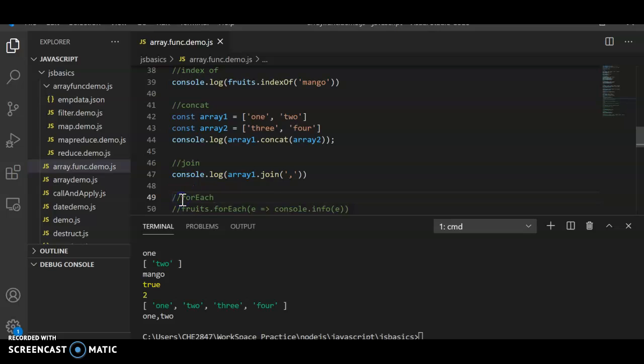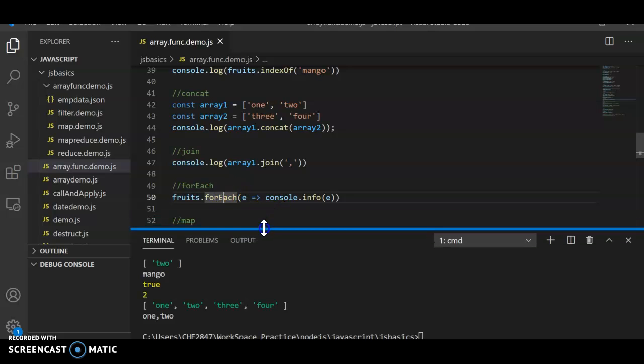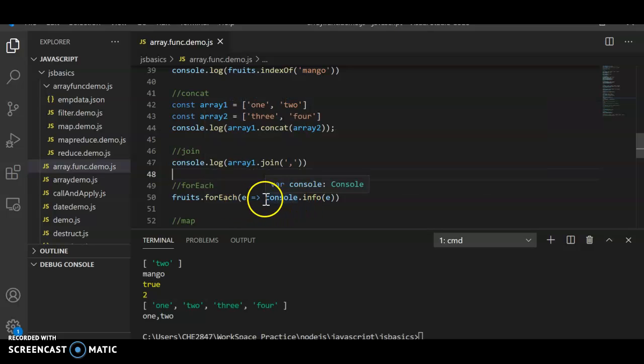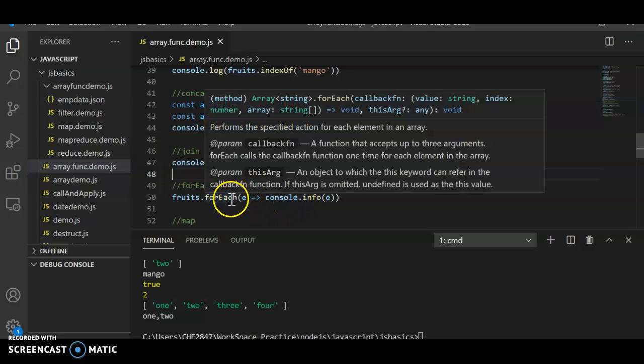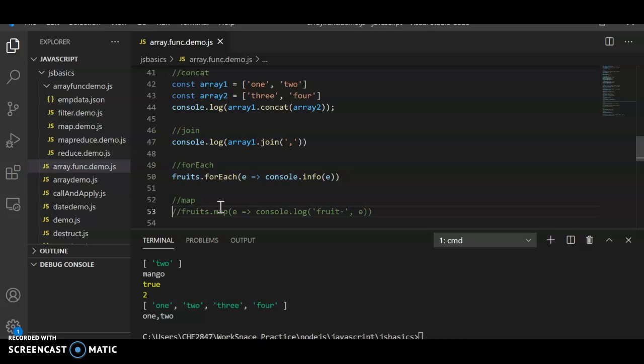And the next one is forEach, and this is the most useful. There will always be a requirement, and this is the most used one. Among these, you will have requirements to iterate over each element and print or do something else. Sometimes you'll use this with other functions like map or different reducers. But this is the most used basic one.